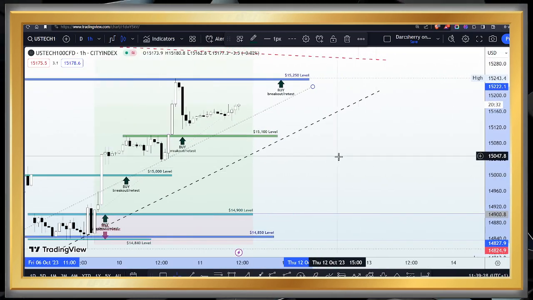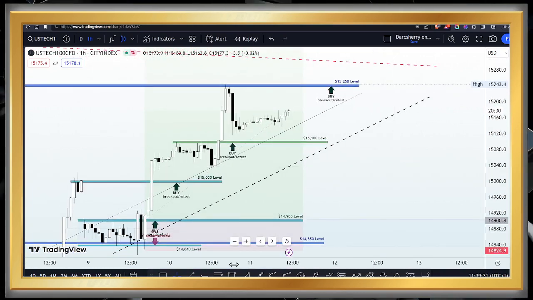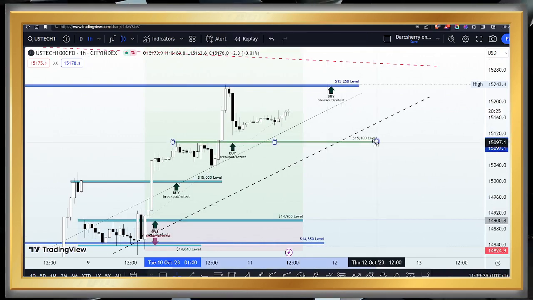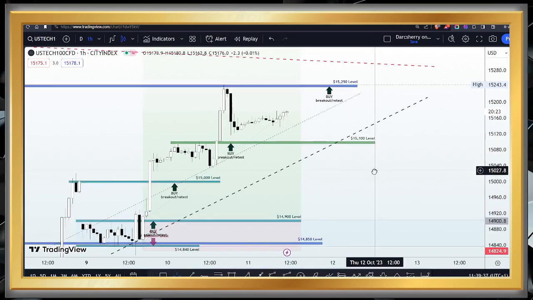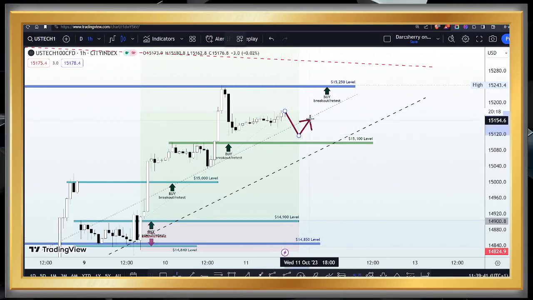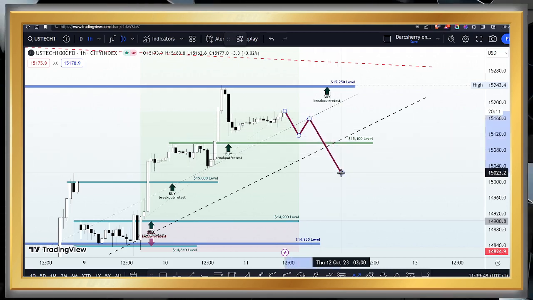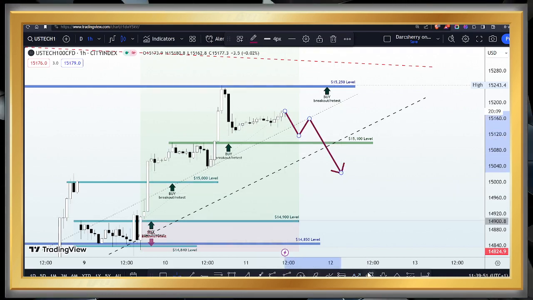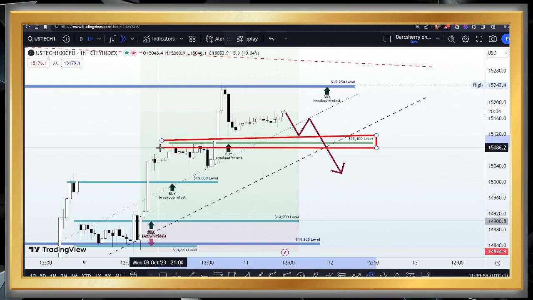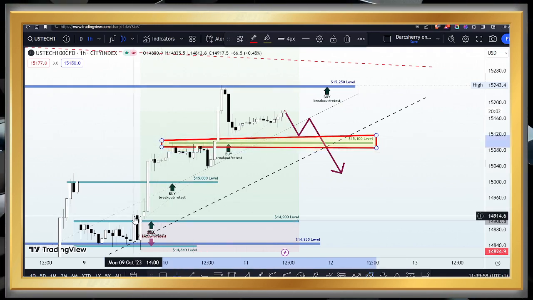So we have this ascending trend line marked out on our chart. As long as price remains above this ascending trend line, we feel comfortable in our buy position. However, if it so happens that selling pressure continues and price consistently finds lower lows and lower highs within this structure, then a breakdown of the ascending trend line, which interestingly shares a beautiful confluence with the 15,100 area, will be welcoming selling opportunities in this market.